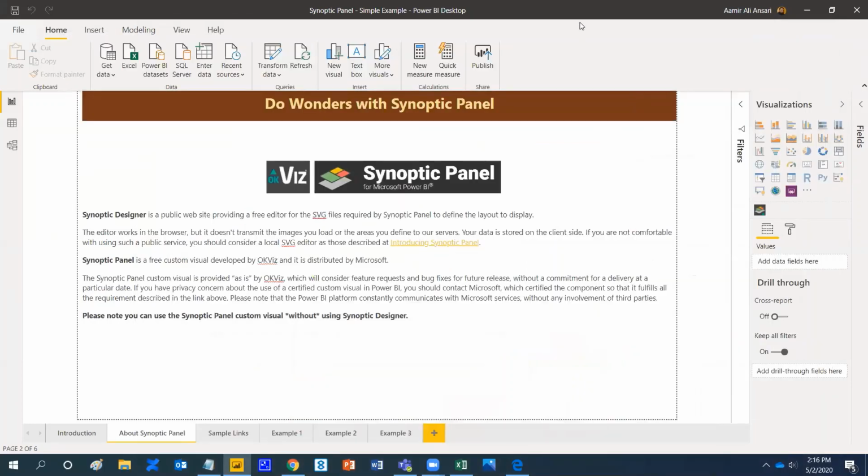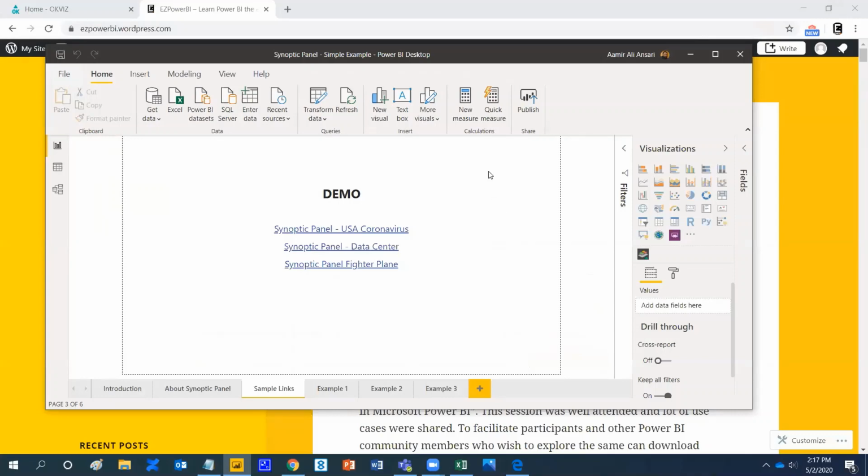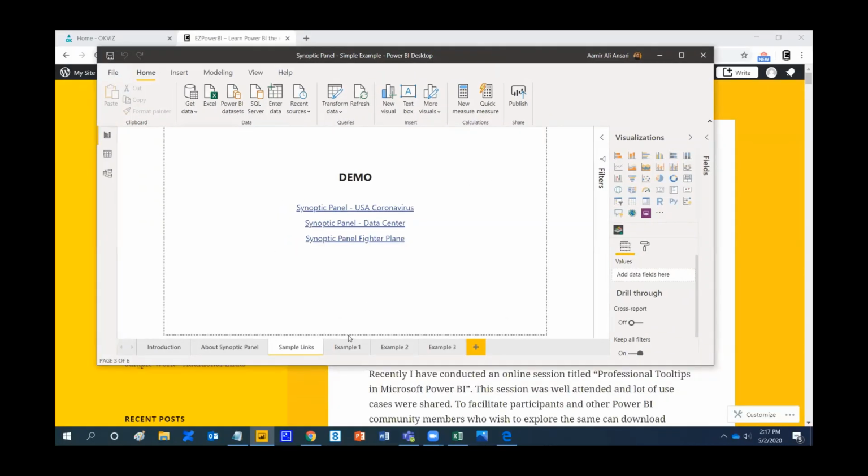So I'm sharing this Power BI report, and I have included the same links over here. Once I upload this particular file, you will be able to visit these links, and you can also get an idea of how these reports were produced and what kind of results they were giving. Now over here, in this first example, if you see,